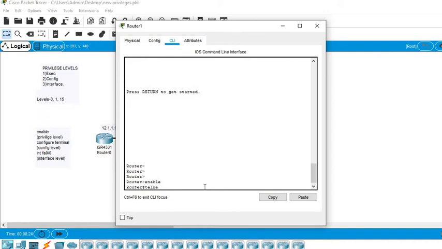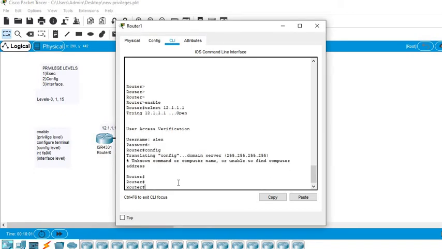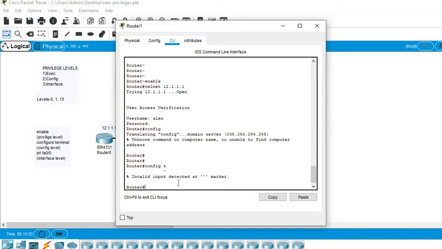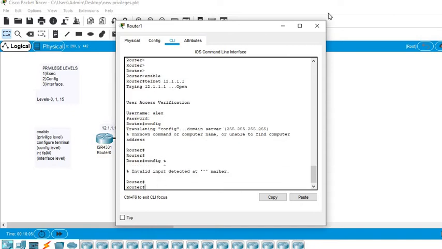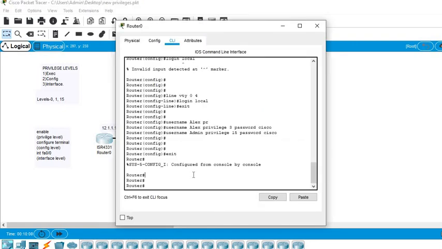Now if I'm using telnet, he's asking for the username. Let's type the username Alex, and the password Cisco. When I enter the router and type configure terminal, you can see the configure terminal command is not working.